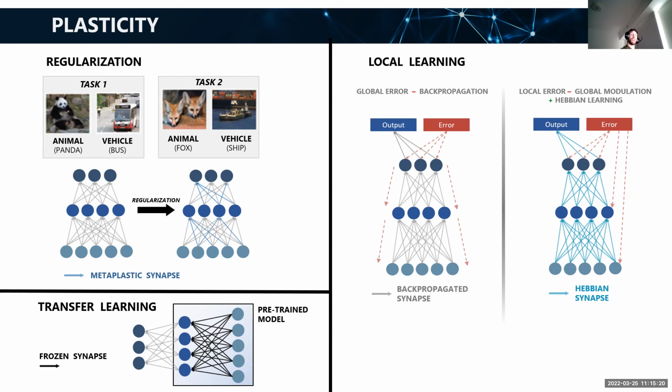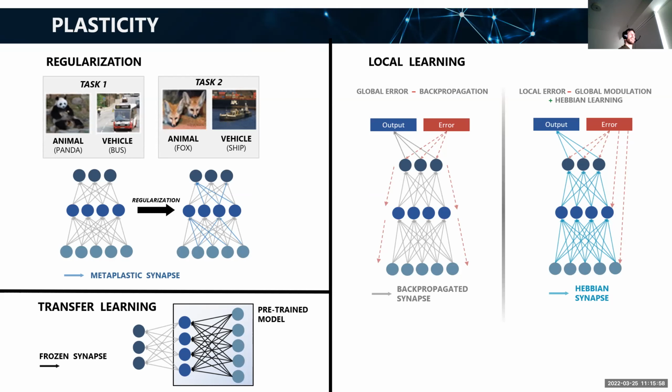Transfer learning is where you pre-train a model and then freeze its synapses and use that as a representation or some form of information to boost your performance on later tasks. This one is not as common by itself, unless you're pre-training on some third-party data set that doesn't belong to the current problem, or if you're trying to freeze a subset of the network and then instantiate new resources around that through something like neurogenesis or other approaches.